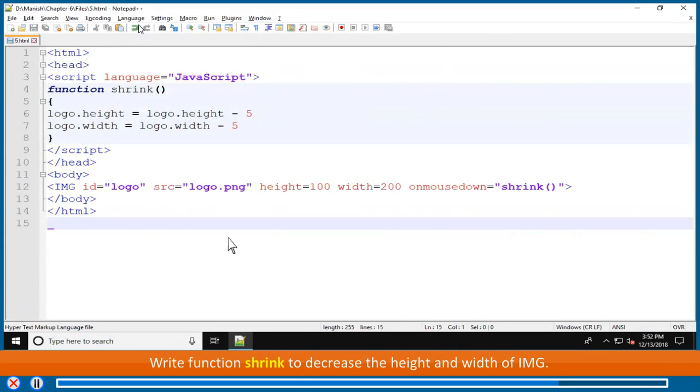<html><head><script language="JavaScript"> function shrink() { logo.height = logo.height - 5; logo.width = logo.width - 5; } </script></head><body><img id="logo" src="logo.png" height="100" width="200" onmousedown="shrink()">